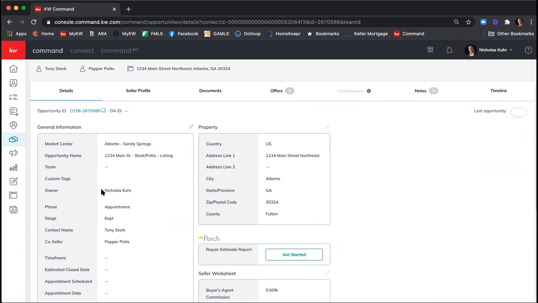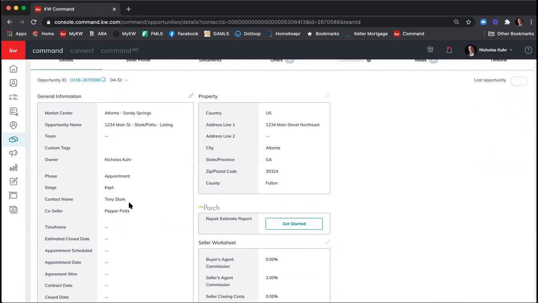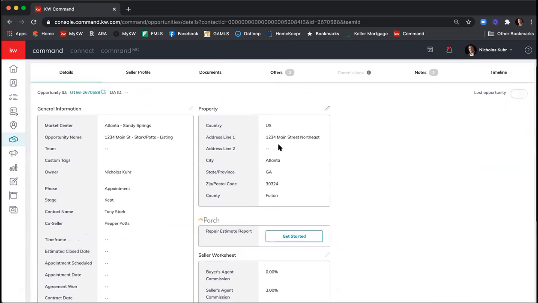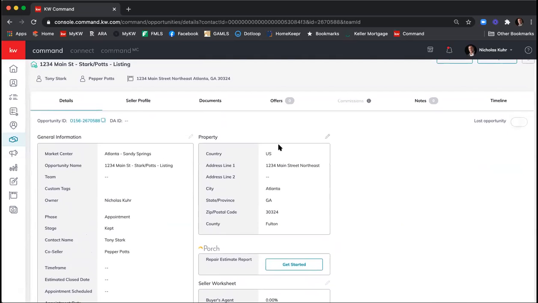You'll be able to see I'm the owner of this opportunity. My clients' names are Tony Stark and Pepper Potts. Here I've updated the property address information. The reason I put in as much information as possible is because DocuSign will pull in as much information as possible, so that way you don't have to fill that information in